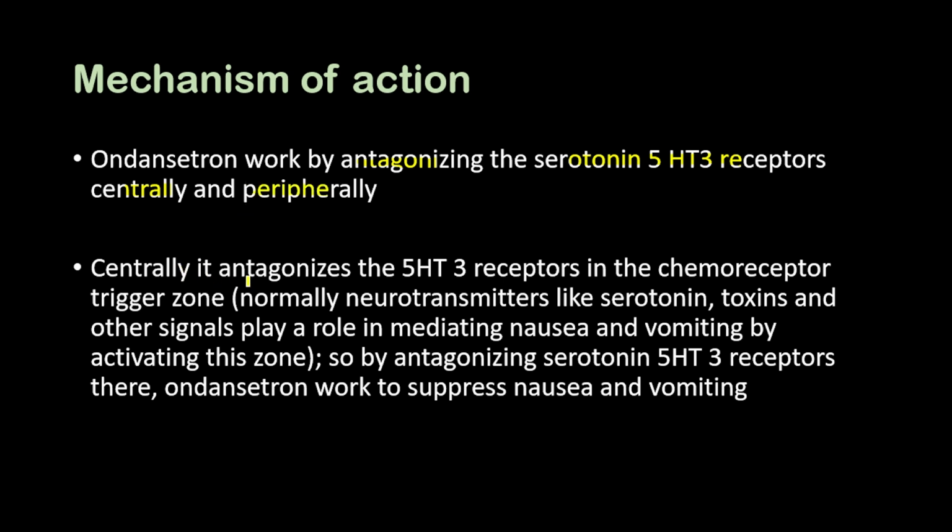So centrally it antagonizes the serotonin 5-HT3 receptors in the chemoreceptor trigger zone in the brainstem. And normally the neurotransmitters like serotonin and toxins and other signals play a role in mediating nausea and vomiting by activating the chemoreceptor trigger zone. So by antagonizing the serotonin 5-HT3 receptors in the chemoreceptor trigger zone, ondansetron works to suppress nausea